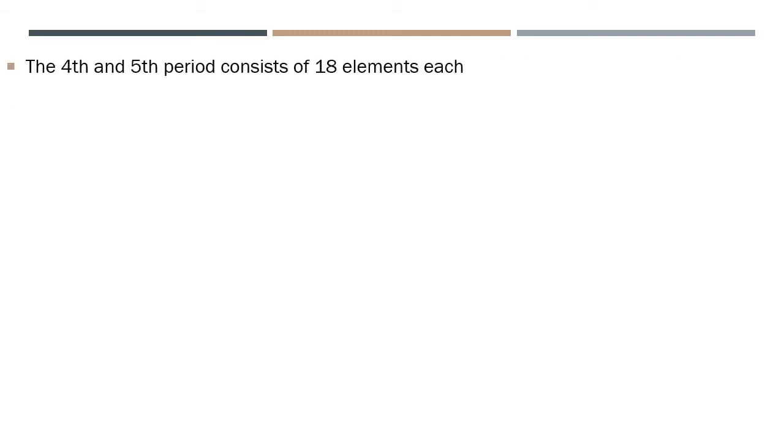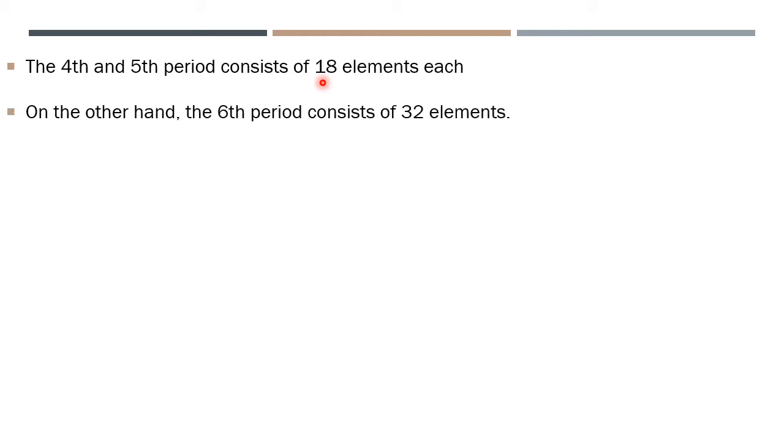What about the fourth and the fifth? The fourth and the fifth period consist of 18 elements. Why 10 extra here? This 10 extra is because of the middle row. The middle row contains 10 elements, so they enter the d orbital. Because the capacity of the d orbital is 10, therefore 10 is added here. So the fourth period contains 18. In the same way, the fifth also contains 18 elements because of the d orbital entry while writing the electronic configuration using the above principle.